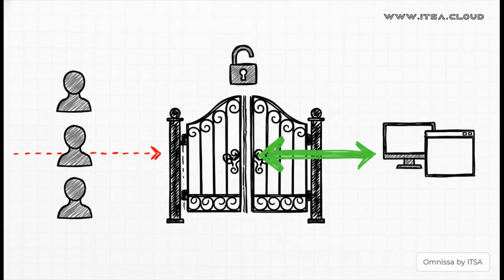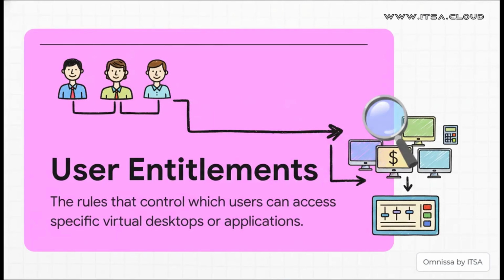Now, that last step we mentioned, entitling users, brings us right to the second key power, controlling access. See, it's not enough to just create all these resources. You have to make sure only the right people can get to them. This is where security and usability really have to work together. And that's where this whole idea of user entitlements comes in. An entitlement is really just a rule that connects a user, or maybe a whole group of users, to a specific resource. So for example, you can set an entitlement that gives the accounting team access to their special finance apps, and absolutely nobody else. The Horizon console is your central hub for creating and managing all of these specific access rules.